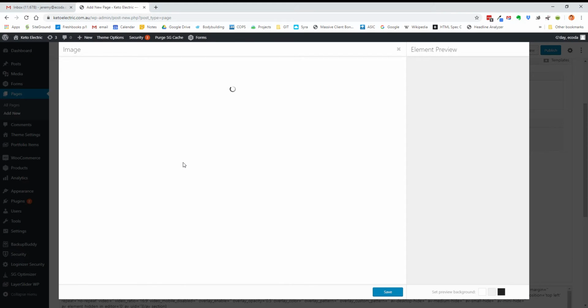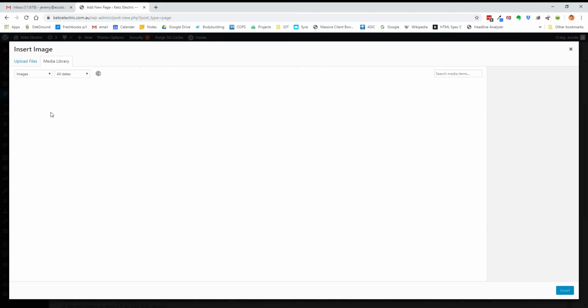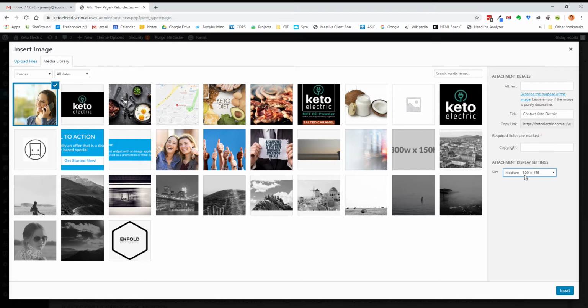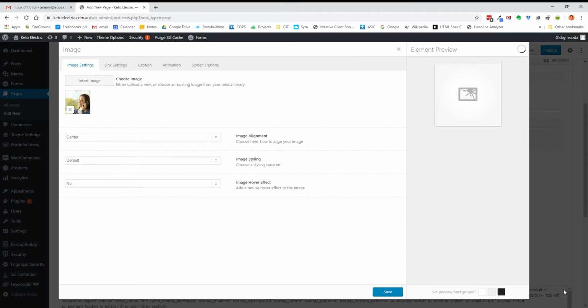So with an image, you either upload a file or choose from the media library. And just pay attention when you're doing images over here on the right hand side. This is the size that attachment will be placed into the page. So for this one, we don't need it to be super wide, but if you insert a small image into a large space, it'll be pixelated. So we'll choose this as a thumbnail, insert it,